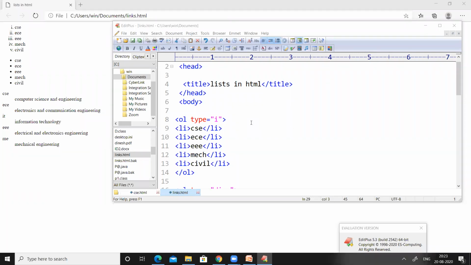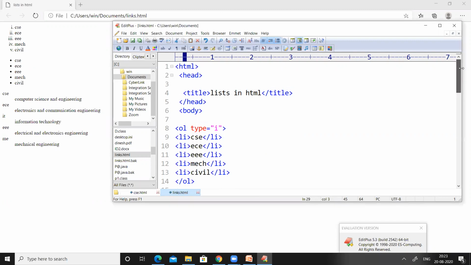With this, I'm going to close today's session. I think everything is clear. Today we have worked with the topic called list. The lists in HTML are of three types: ordered list, unordered list, and description list. In an ordered list, we can use normal numbers, Roman numbers, capital alphabets, and small letters to describe each element in the list.